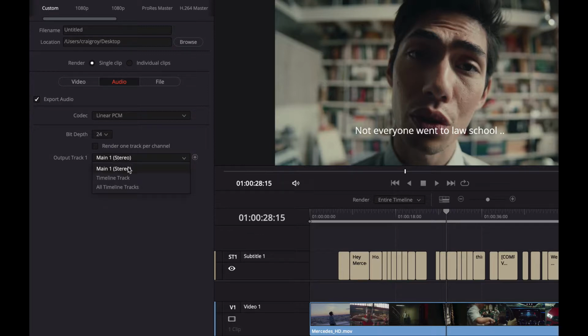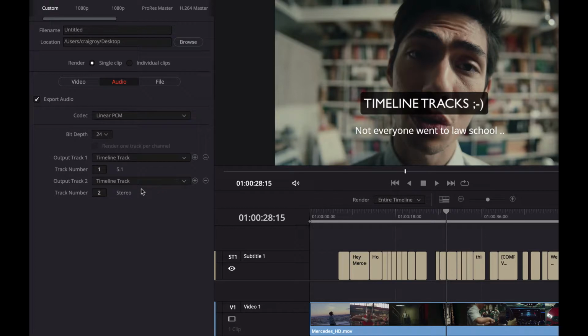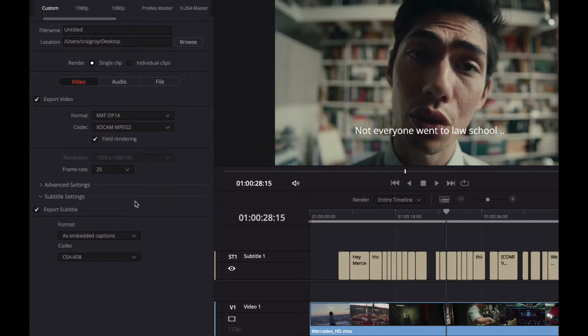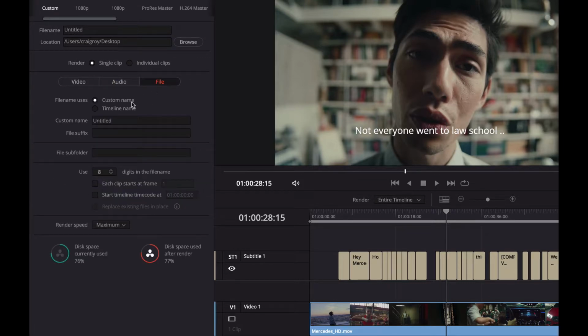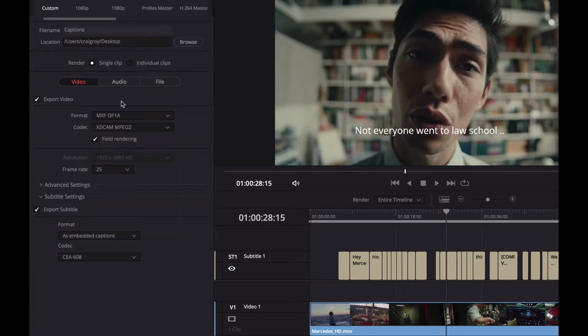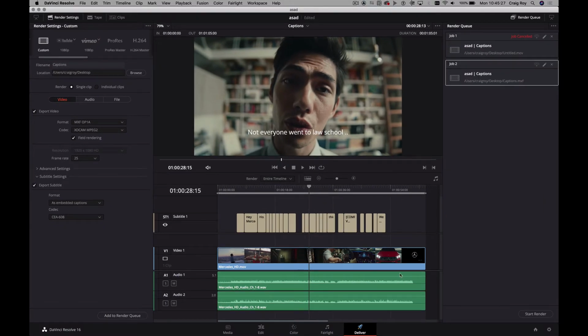So you've got your main tracks, or you go into your timecode tracks. You then add your second level to it, and you go to your timecode tracks as well, and it'll do stereo. Pretty nifty. So if I go into my video, I've got all that, that's all groovy. Just triple check everything, make sure the file name is to the timeline and video, add it to my queue